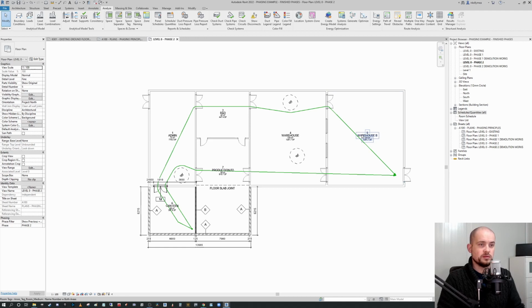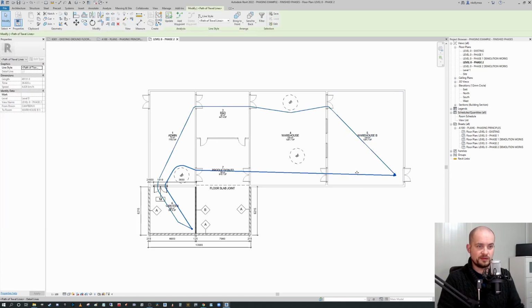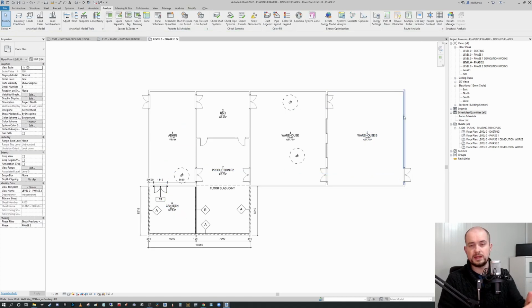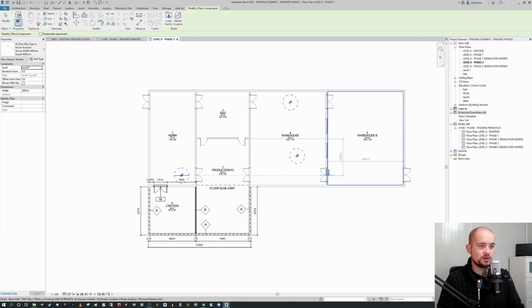We can also test this a little bit further by putting in one-way indicators, okay? So you can see that the orientation of all these doors are kind of sensibly laid out to run towards this back of warehouse building, with the exception of these 2 here, okay? And it might be a case that these 2 are meant for, let's say, a material flow that goes from warehouse through to production or vice versa, okay? And in that instance, we may want to actually indicate that these doors are one-way only